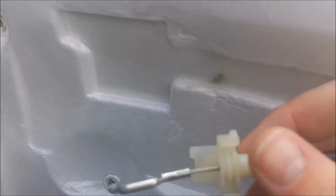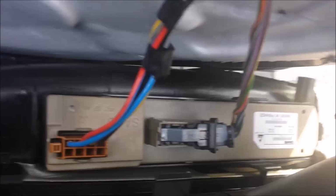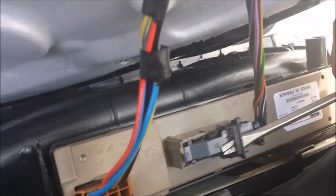Now that's the reason why I had to remove my door panel, is because I forgot to reattach this. And that's why I can't show you how to take that off. But what I can show you is, if you want to remove this completely, to take out these two clips here. So it can be a little difficult holding a camera, but what you want to do, lift up on this tab,